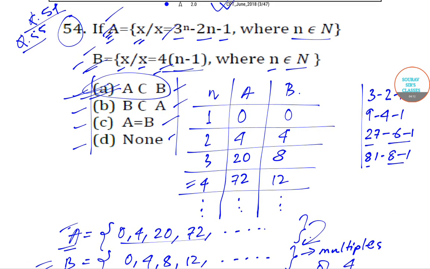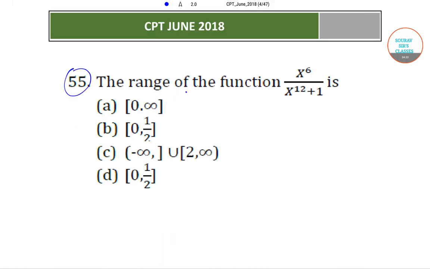So this is how we solve question number 54. Now we'll move forward to the next question, which is question number 55. In question number 55, we need to find out the range of the function x to the power 6 upon x to the power 12 plus 1. The options given are close interval 0 to infinity, option B close interval 0 to 1 by 2, option C